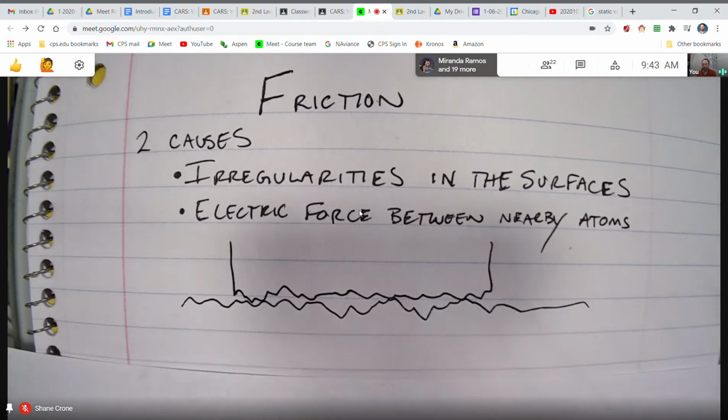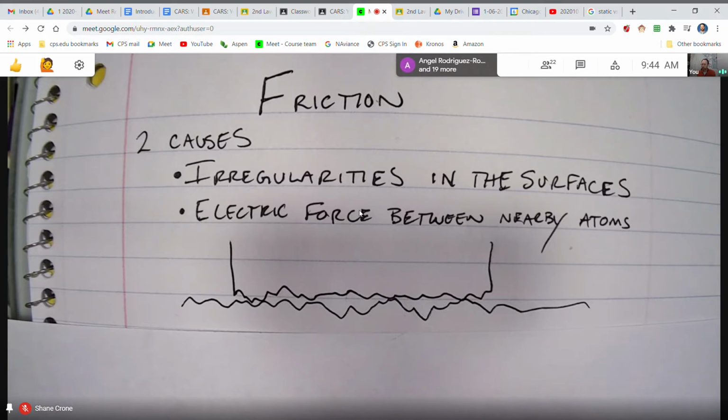I know this might seem weird, but when you put your hand on the table, probably no more than about 15% of your hand is actually touching the surface. The atoms are actually touching. It's probably less than that. It's really difficult to get that much surface area of your hand in contact with the table. But the more contact you make, the more frictional force there will be, because there's more electric force, and also the irregularities are digging in more deeply. And so that's going to increase the frictional force.